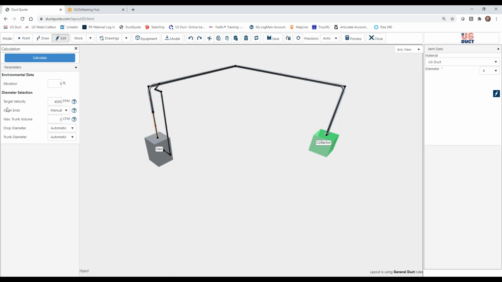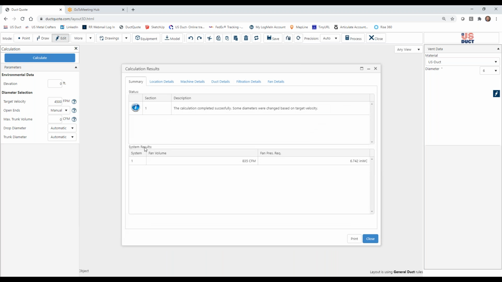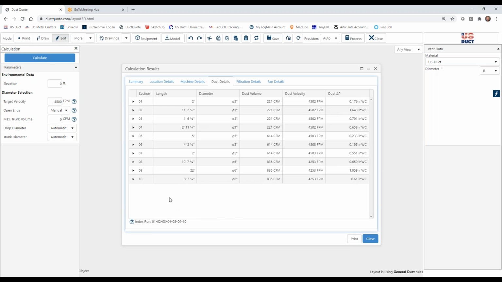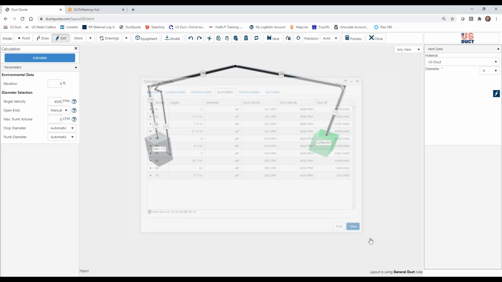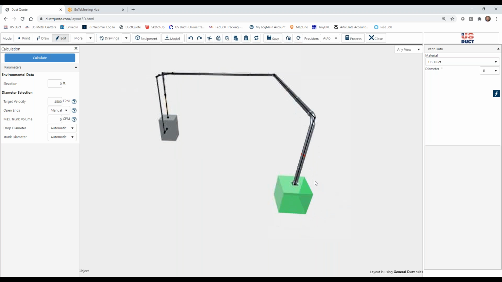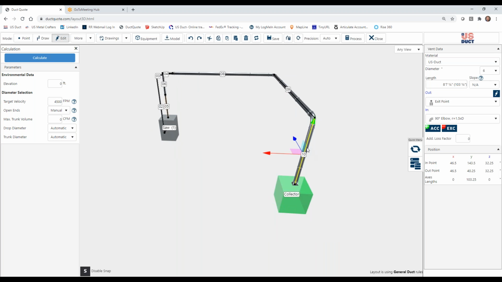In manual mode on open ends, we click calculate. It reads that information, and we get, again, a total CFM. We get a fan pressure, and just like before, all of the same information is generated. And what was drawn as a 5-inch has now been upped to a 6-inch based on having a 5 and